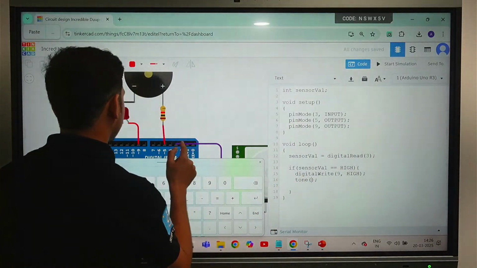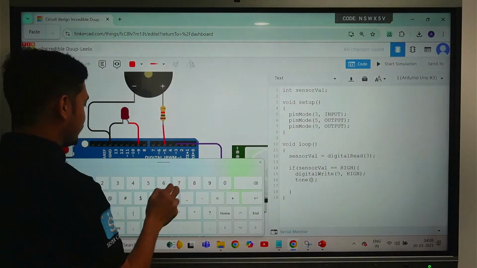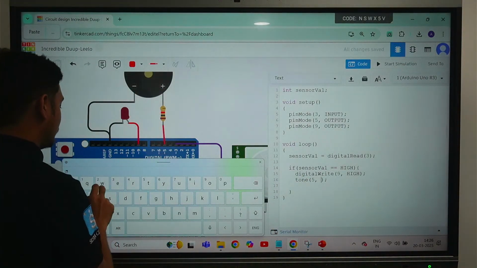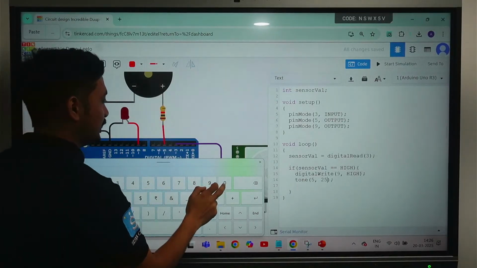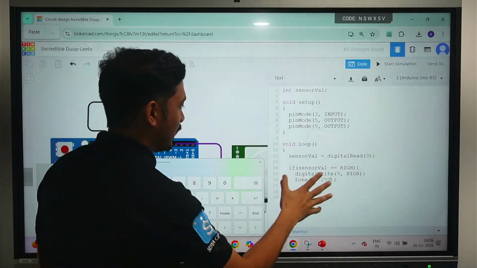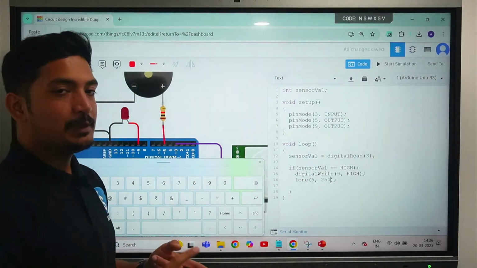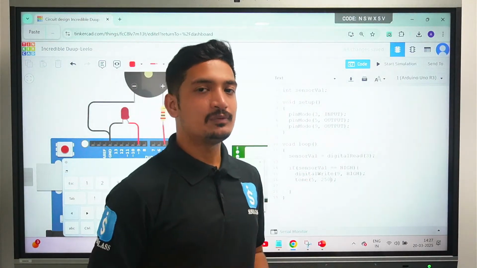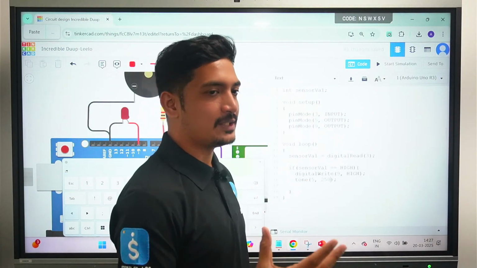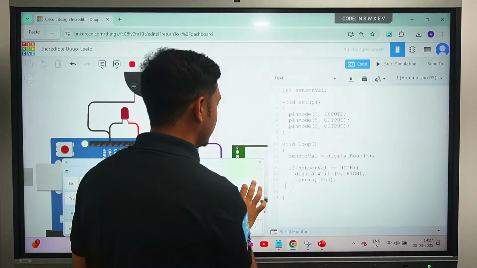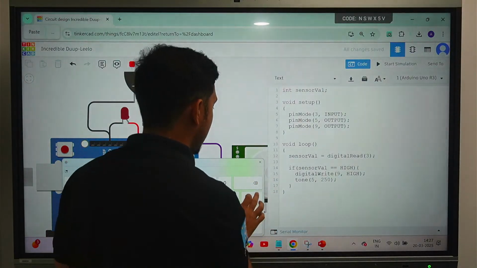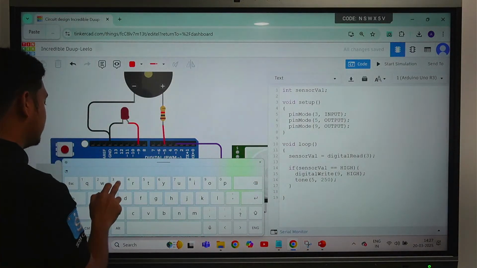What is the pin number that we have used for piezo buzzer? That's gonna be 5. And what frequency do you want the sound to be produced of? So we'll say 250. So tone 5, pin number 5, send a frequency of 250 to activate the buzzer. With this I'll just remove this extra space, and then here I'll write else,